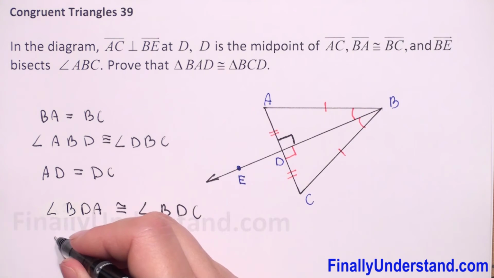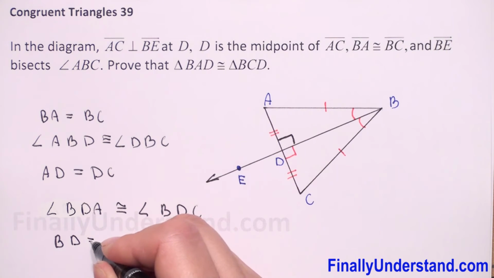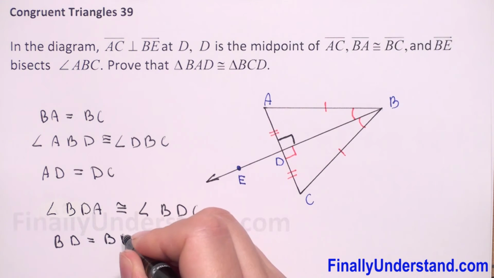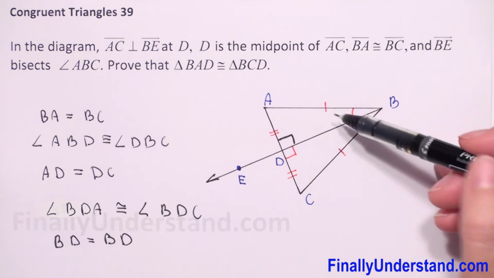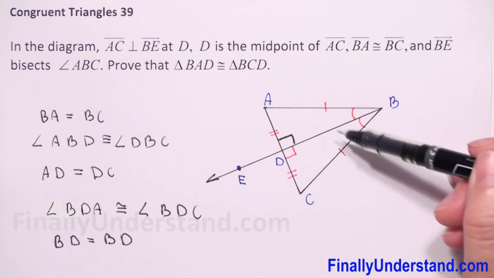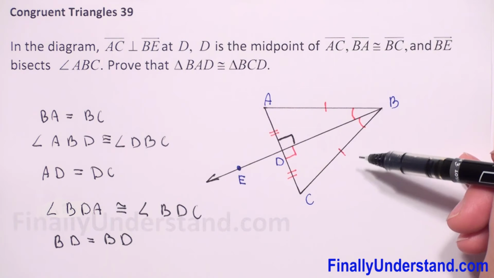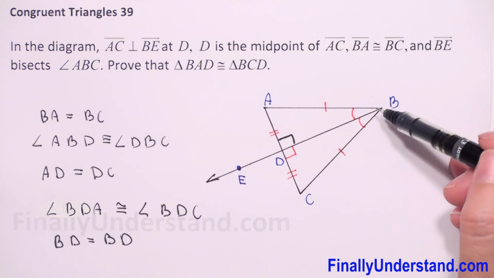Or we can write that the segment BD is equal to BD. So we see that all sides of our two triangles are congruent, and because these two angles